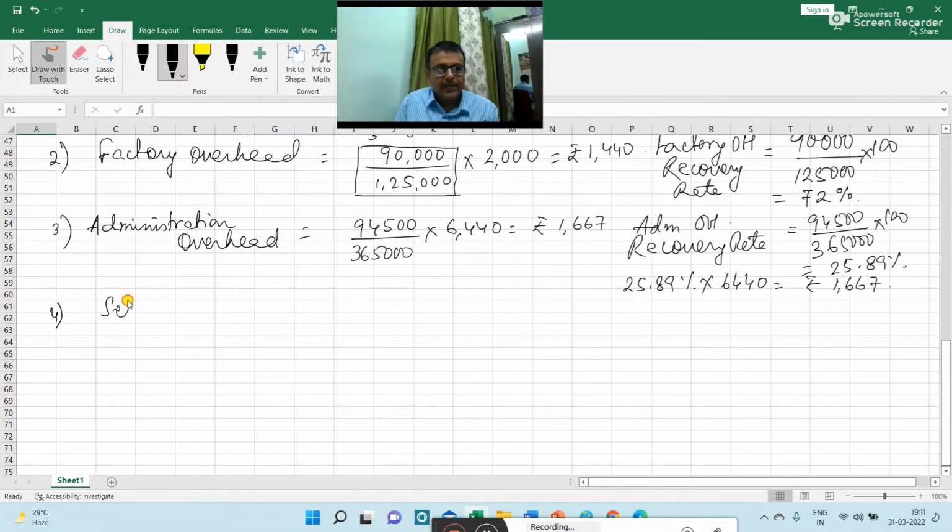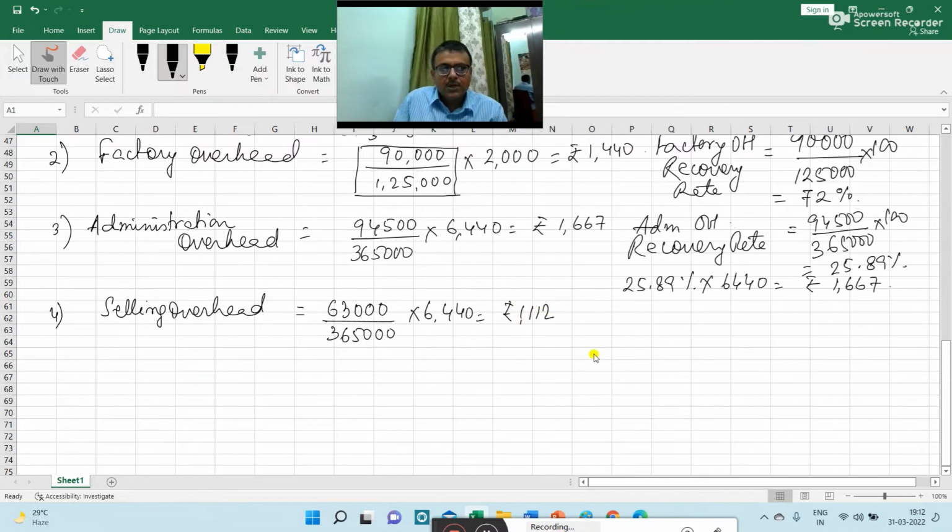So selling overhead. And selling overhead as well as distribution overhead is also calculated as a percentage of works cost. So selling overhead is 63,000 divided by 3,65,000 into 6,440, and this is 1,112. So selling overhead recovery rate,